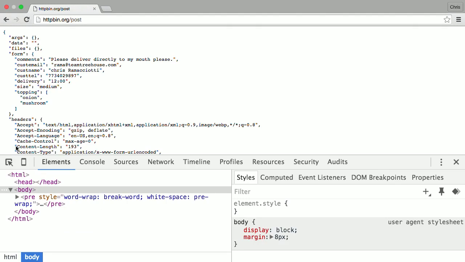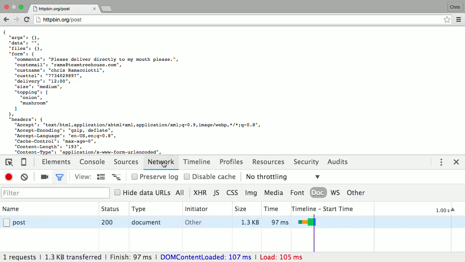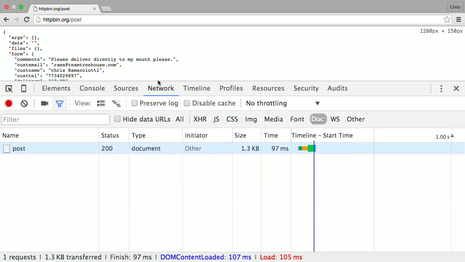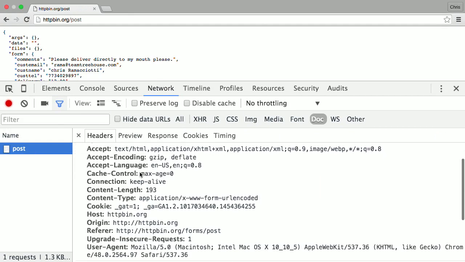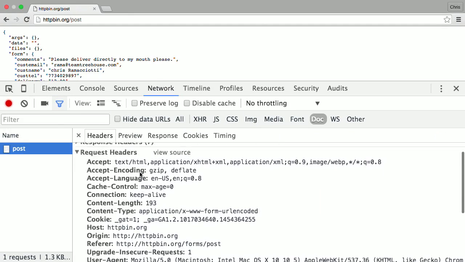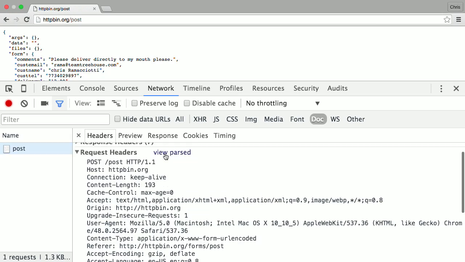Now, I'm going to, for now, ignore the results in the viewport up above because we are going to focus on the HTTP request. Now remember, that appears in the Network tab. Let's drag this panel up a little bit to give ourselves some more room, and I'll click on that POST request to reveal the request headers. And if you click View Source, you can view the raw request headers that were sent exactly as they appear in the HTTP request. First, you see that the request method is indeed POST as opposed to GET,